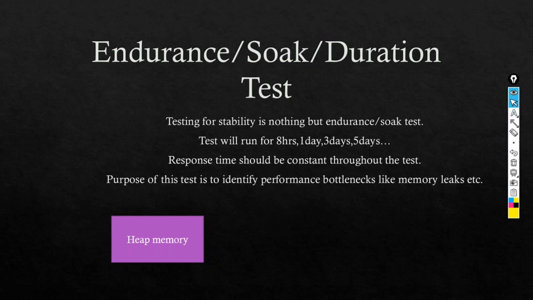For example, we are testing the load test with 500 users. Now this endurance test can be tested with the same 500 users or 75% of it. What is 75% of 500? 375 users. So we can test with 375 users or 500 users depending on the project. In some projects they prefer going with 75% load for the endurance test. In some projects they prefer going with 100% load for endurance tests. So it all depends on what the project is following. These are the different types of tests that we perform in every project.